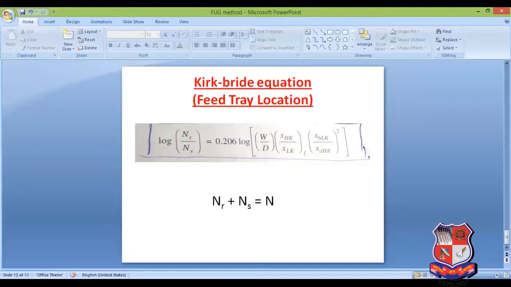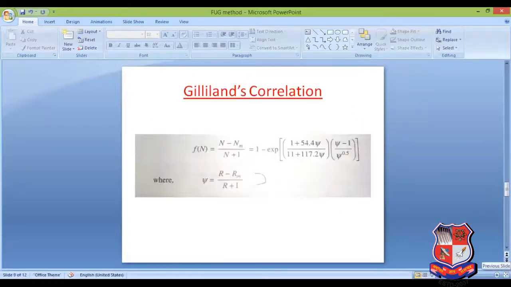W is the molar flow rate of residue and D is the molar flow rate of my distillate. X_HK and X_LK of F show the feed, right? Then multiplied by X_B,LK, that means the mole fraction of light key in residue, divided by X_D,HK, the mole fraction of heavy key in the distillate, whole square, right. Now we know that Nr plus Ns should be equal to N. So now over here we have two unknowns, Nr and Ns, and we have two equations. You find out Nr and Ns, so you can determine the feed tray location, right. So we complete this. So let's take a revision